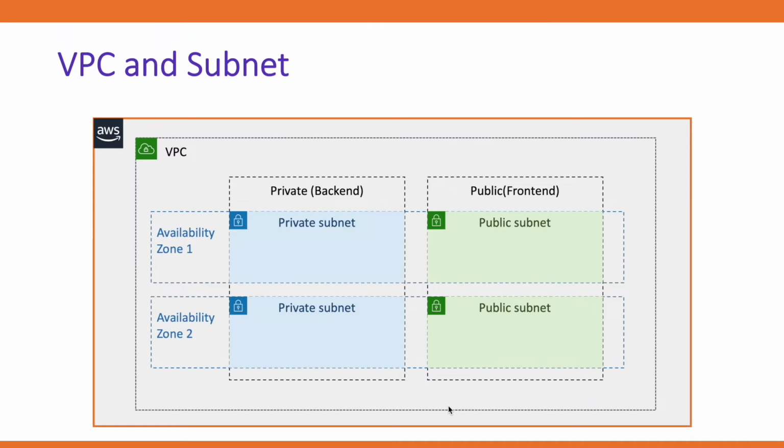Let's discuss subnetwork or subnet. A VPC is further divided into subnets. A subnet represents a part of the network such as an availability zone. One subnet cannot be configured in multiple availability zones, whereas one availability zone can have multiple subnets. An IPv4 CIDR that is allocated to the subnet is a subset of the VPC IPv4 CIDR, and it should not overlap with any other subnet. Internally, resources in one subnet can communicate with resources in another subnet inside the same VPC. Restrictions are implemented at the VPC level and not at the subnet level.